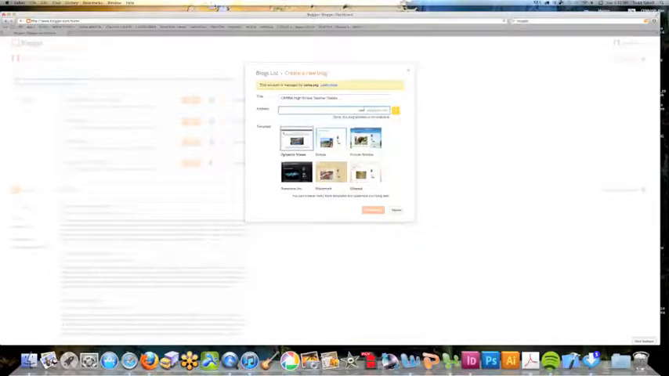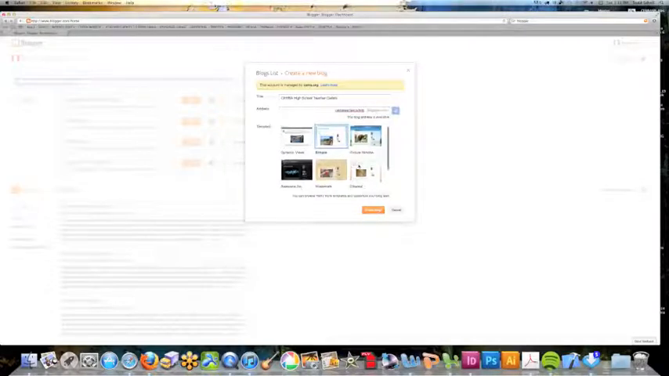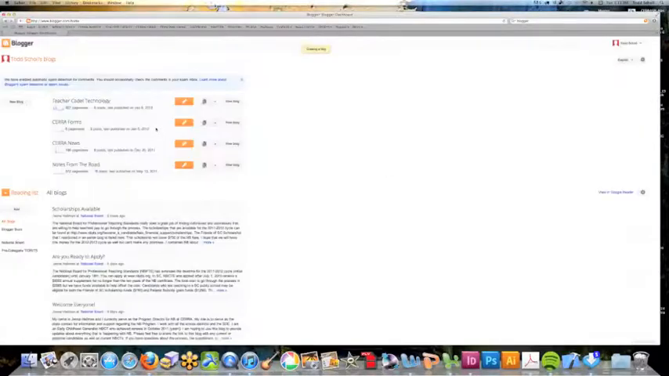Now here in the address, you're going to need to pick out something that's fairly unique. Like Teacher Cadets is already taken. If I put Sarah Teacher Cadets, that is available. So we're going to do that, and then we're going to pick out a template here. They have, it looks like, 7 templates for you to choose from that are all nice, and we can customize those later. We're going to click Create Blog, and then it's going to take us to this page here,